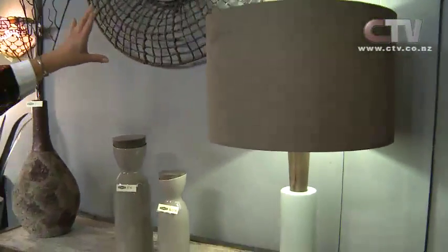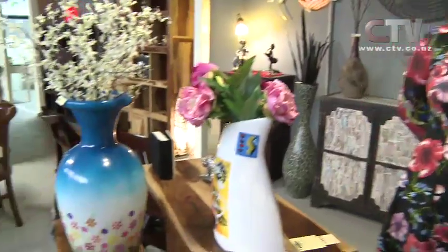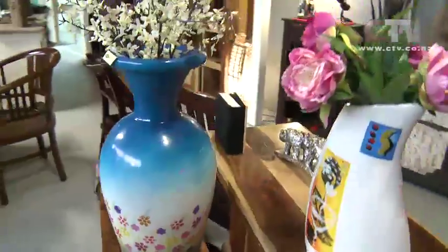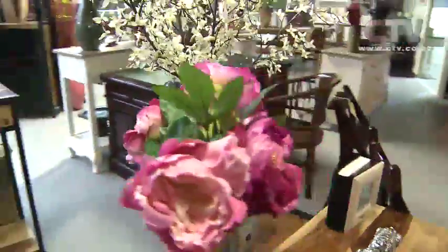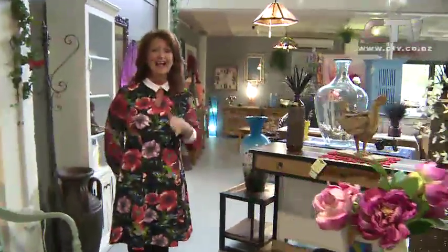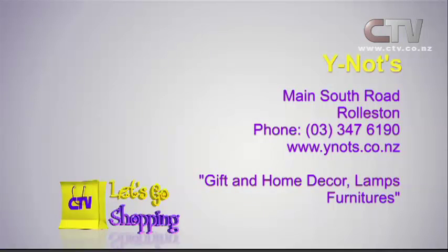Isn't that gorgeous? Look, if it's mirrors, lamps, clocks, furniture, wrought iron pieces, they've actually got catalogues on all of the above. So you can actually peruse through it. In the catalogue, it's actually got prices in there as well. So nothing's hidden in here, and they will go to the extreme of actually ordering those pieces in for you. I love these guys. You can use your Q card, Farmer's card, and Rural Co card out here as well. Why not? Why Not's Main South Road at Rolleston,